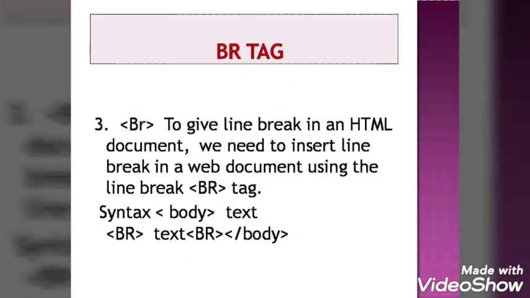Now we'll come to next, that is BR. Now what is this BR? Here BR refers to line break. You want to break the line. You want a gap between lines. Okay, so here you can see two brackets are there. Under the body we will add our text, whatever text you want. Then you will use this tag BR. Bracket is there. You will put the text and what will happen? The gap will come between the text. And at the end you close the body tag. Like this, under the body we can give space. We can insert a line between them. Break in the paragraph or break in the lines. So this was about BR tag.